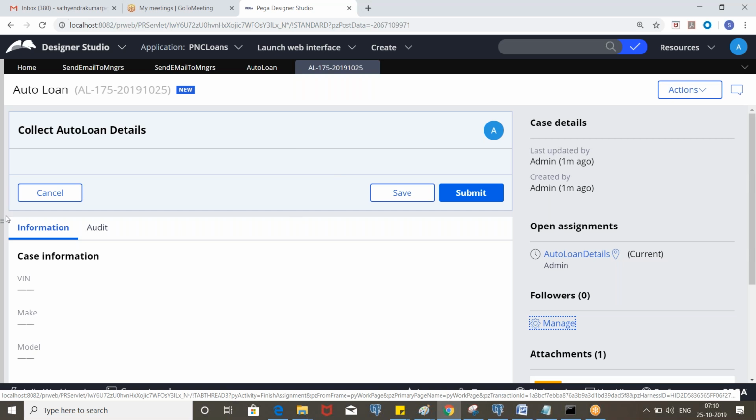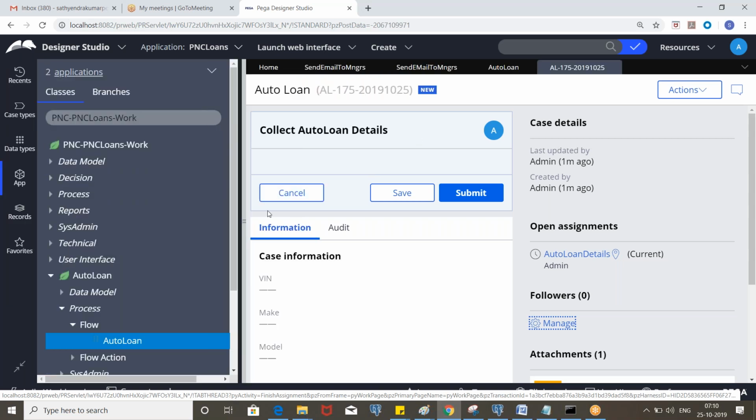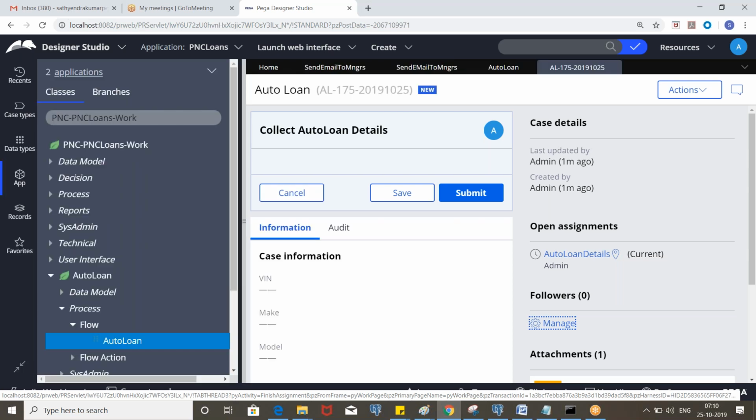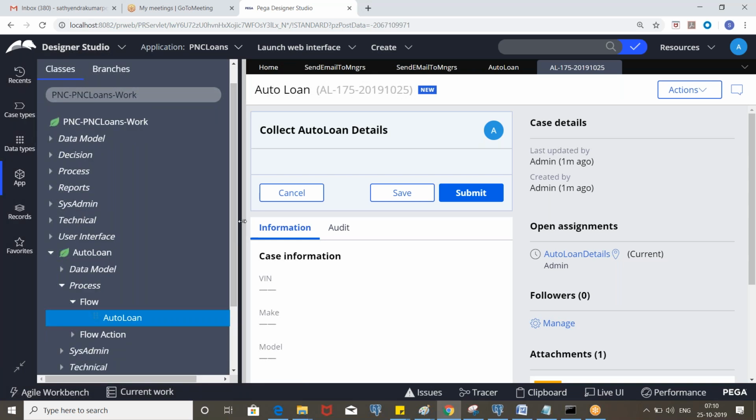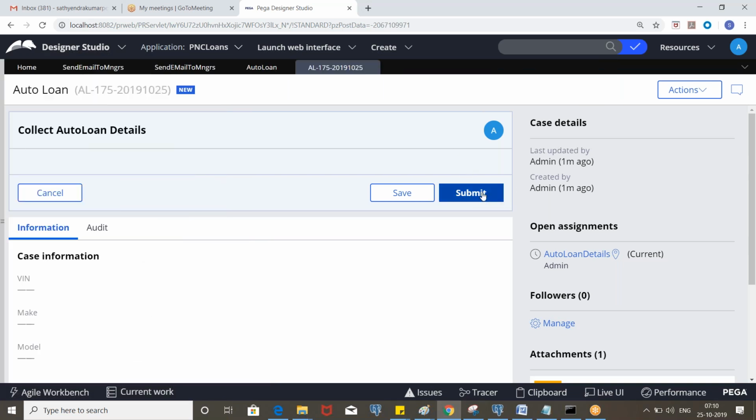we did a circumstance for this. Let me check. Yeah, we have withdrawn this rule, right? But anyway, since we invoked it in the post processing, it will be executed. The section is withdrawn, but the flow action will be there.